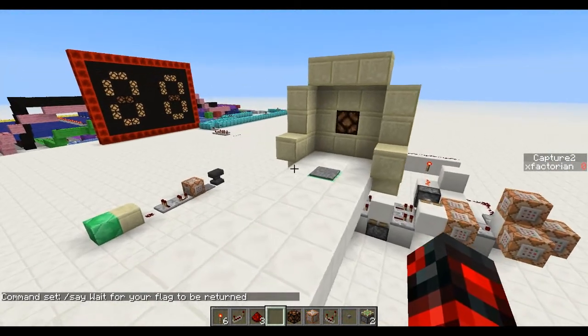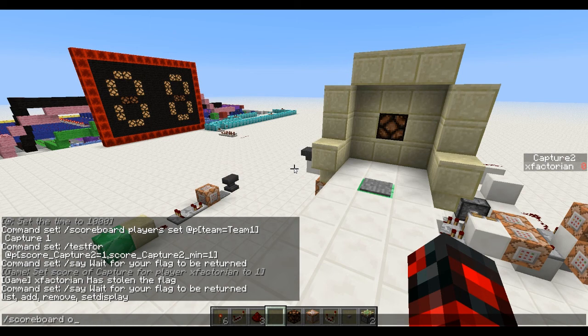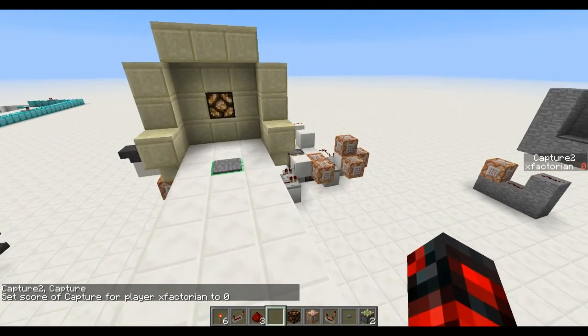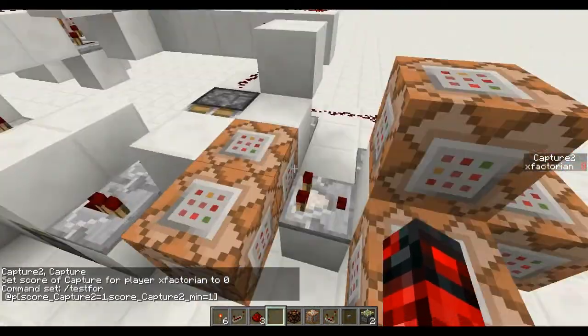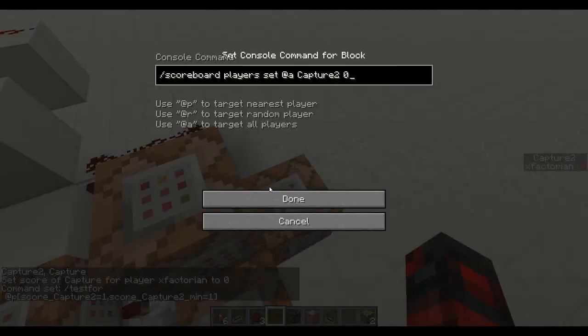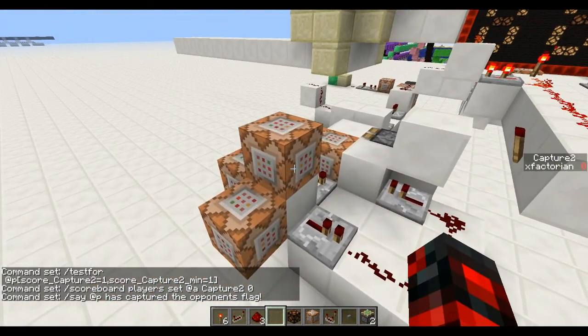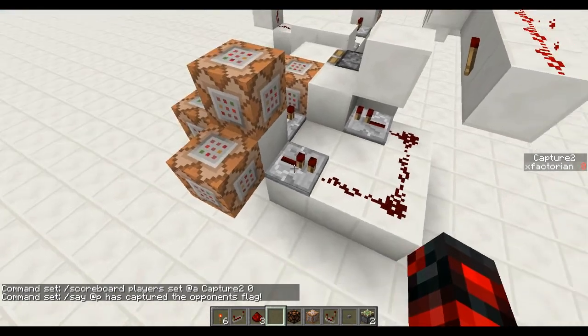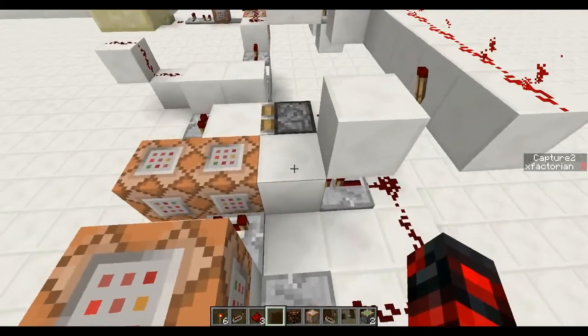If my score for, so scoreboard, players, set me capture 1, 0, that piston's going to retract, and this line will then test for a player who's captured the flag from that team, and send a signal here which will clear the score, count the score, and this will be added to a dummy thing as well, I believe. We'll get to that in a second, and that'll come back around and activate another monostable circuit,